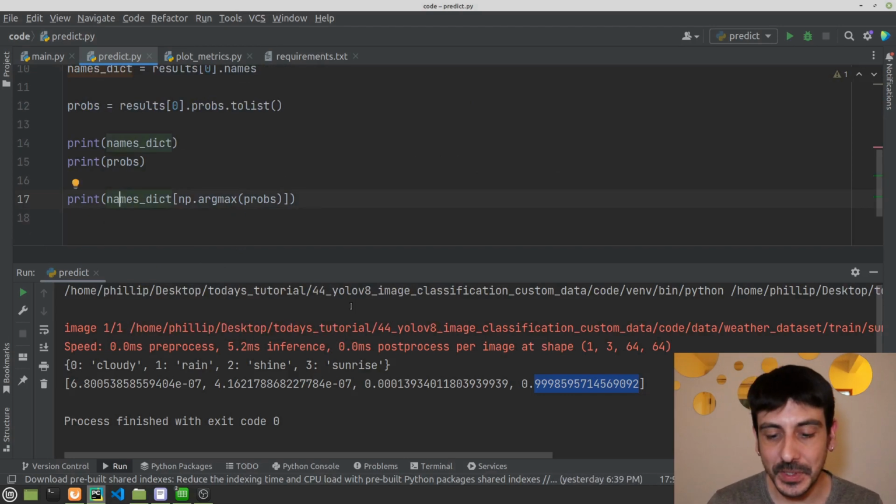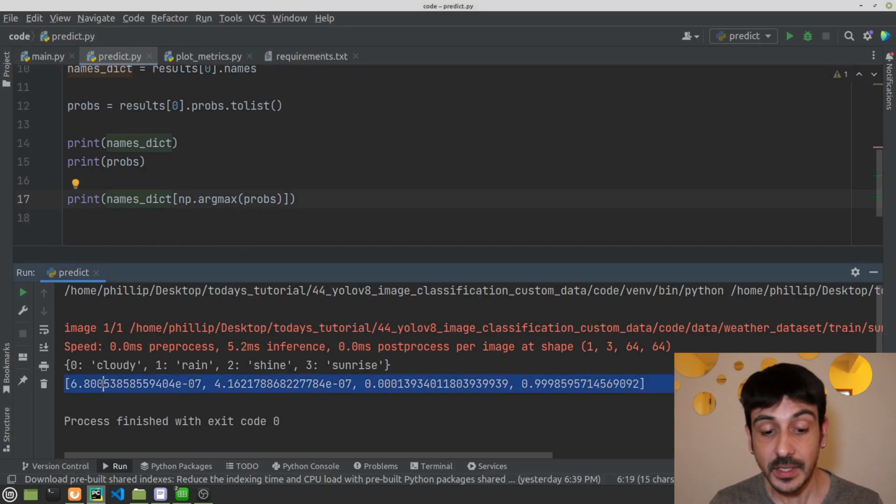Basically what we are doing here is that we are looking at this list, the one containing all of our probabilities. We are taking a look at the maximum number, which in this case is this one, and we are taking the index of this maximum number. So in this case, this is index 0, this is 1, this is 2, and this is 3, right?